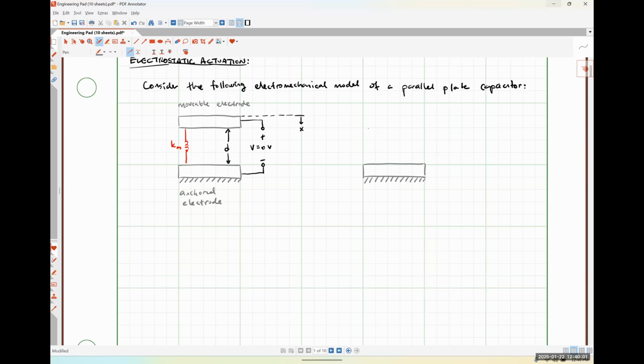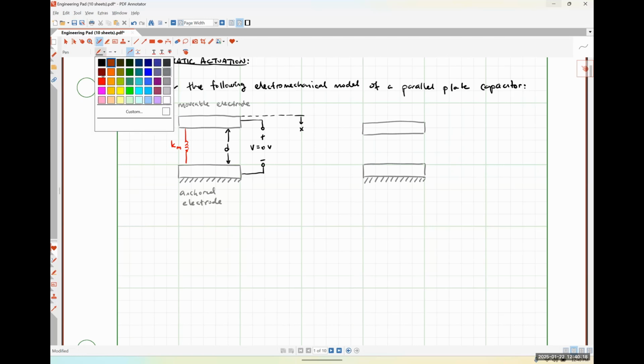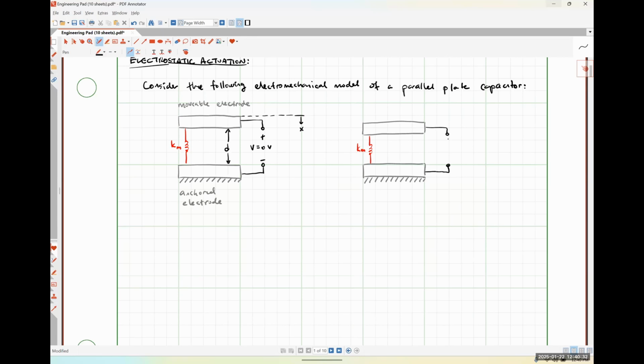I'm going to draw my movable electrode as if it were moved somewhat closer to the anchored electrode, so that we have experienced some form of displacement. Here's my mechanical spring, Km, like so. And let me draw my voltage out here. So in this particular case, we have some